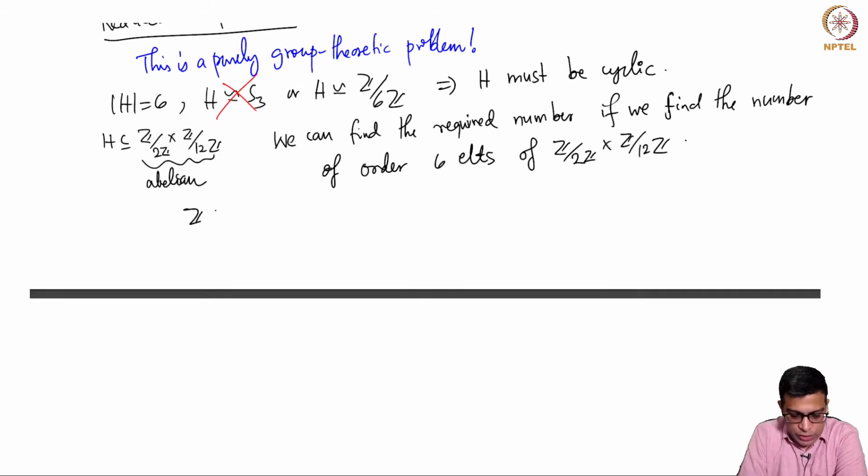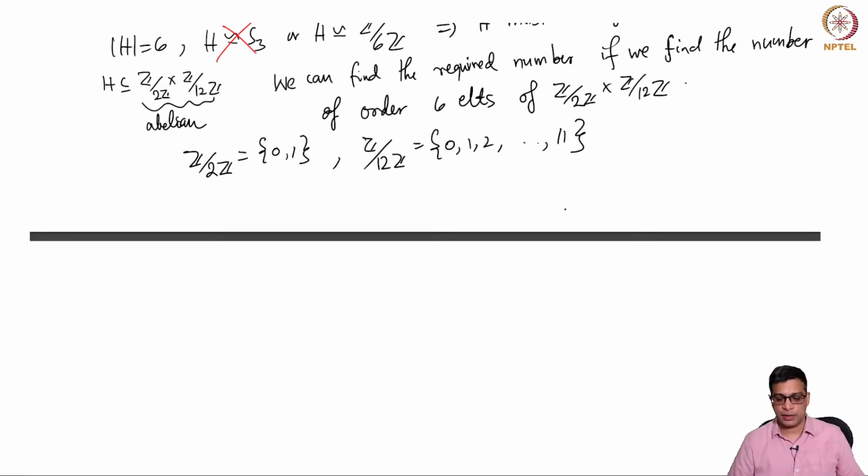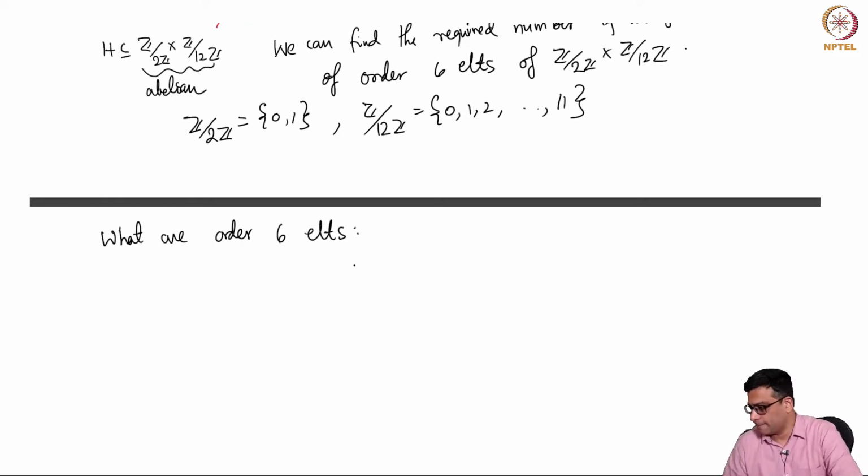So now I'm going to use additive notation. I will omit writing bars here because it's cumbersome to do that, but you all understand that 1 plus 1, for example, is 0 here, and I will, by abuse of notation, call this by the same symbol. Okay, for example, now let's try to write down what are the order 6 elements. So what are order 6 elements? I can take 0 in the first coordinate, then the second coordinate must have order 6.